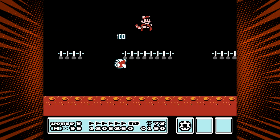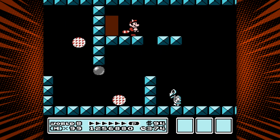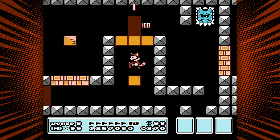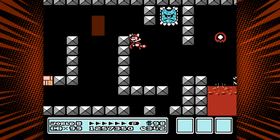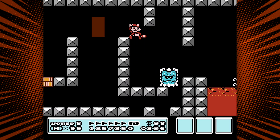Can you tell I don't like Pipeland very much? The only part of World 8 that gave me any sort of trouble was the fortress level, because you need to reveal hidden blocks and walk on top of them to go through these otherwise floating doorways, but they reset when you leave the room, so you need to figure out how to hit them and get through the doors